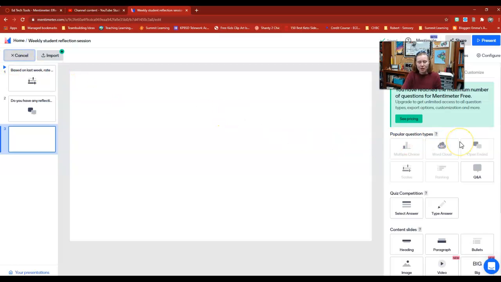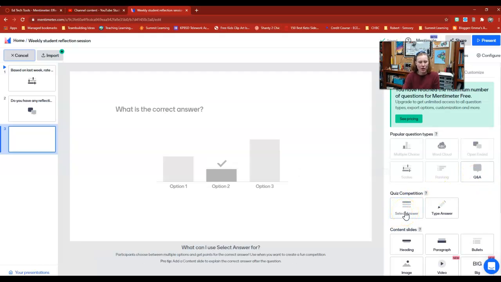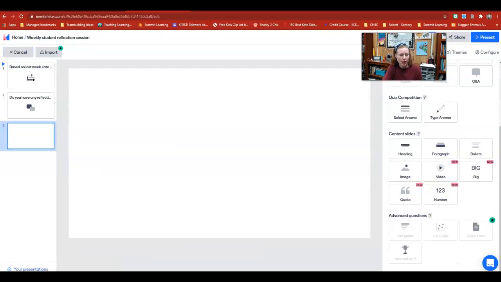and you can select from a variety of already created question types. So it could be a multiple choice question, it could be a word cloud, it could be open-ended, it could be that scale version that I just showed you, ranking 1 through 4, 1 through 10, question and answer. You could also have a quiz competition. So you could have 5 or 6 different quiz questions like a Kahoot and have a winner at the end of who got the most correct. So great for pop quizzes. So this is just another great tool to use for assessment or reflection in class